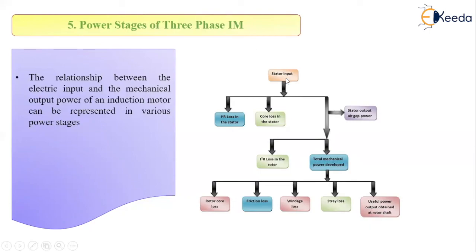First, the power is transferred to the stator. Then there are losses in the stator. When these losses of the stator are subtracted from the power, we get the output power of the stator. That is nothing but the air gap power, which is nothing but the rotor input power. Now, when we subtract the losses of the rotor from the rotor input power, we get the total mechanical power developed. Then when we subtract the rotor core loss, friction and windage loss and the stray load loss from the total mechanical power, finally we get the output mechanical power of the motor. So this is the relationship which shows the relation between input electrical power and output mechanical power.